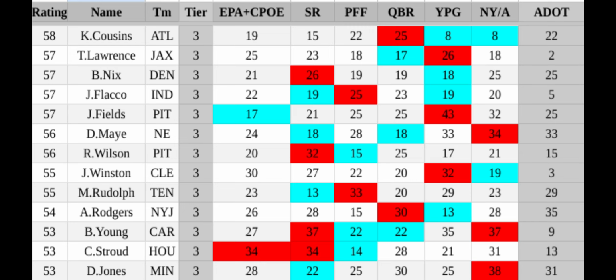And the 13th average depth of target, I think, was a bad marriage with the poor offensive line, because you need more time for routes to develop, of course, and you're just not simply going to have that. Nico Collins was their only sure thing at wide receiver.